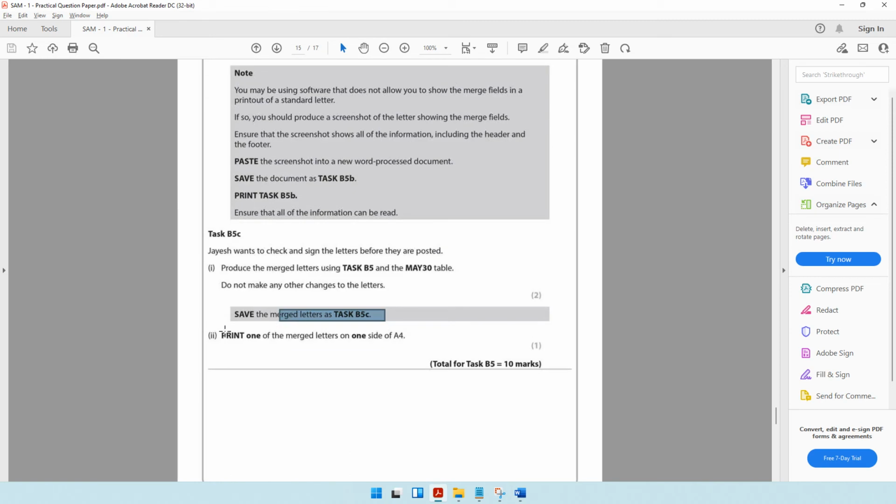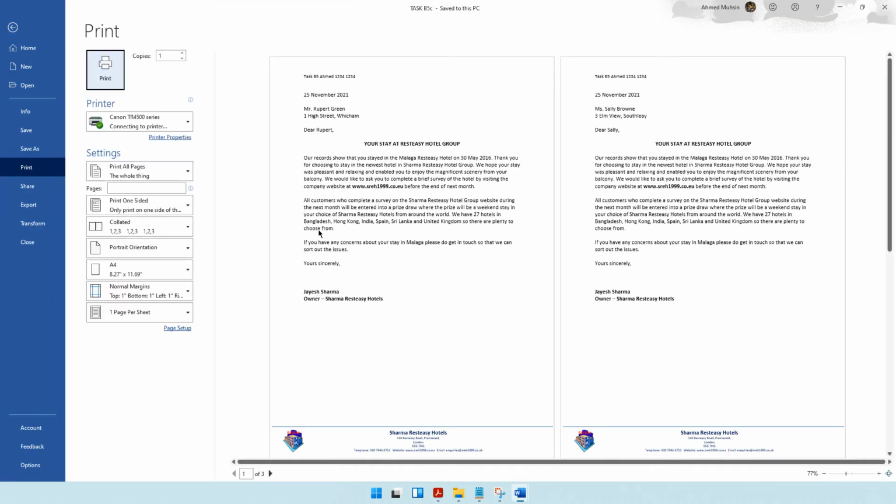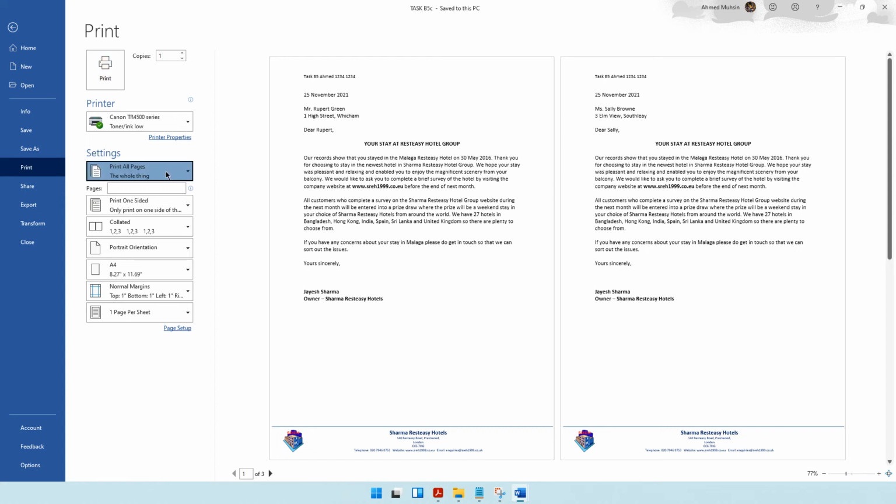Then it says print one of the merge letters on one side of A4, so just one letter. So you can click on the first letter, you can press Ctrl P, which will go into print preview, and then instead of saying print all pages, you can say print current page. So just the first page will only be printed. Okay,